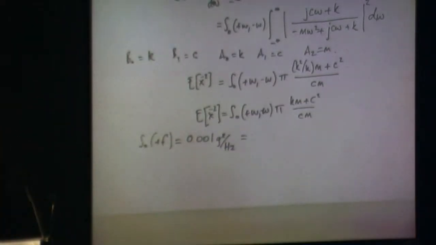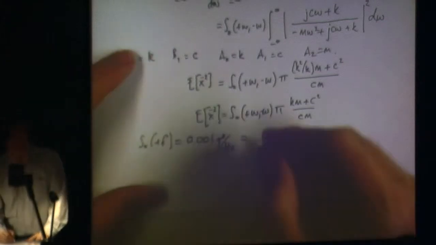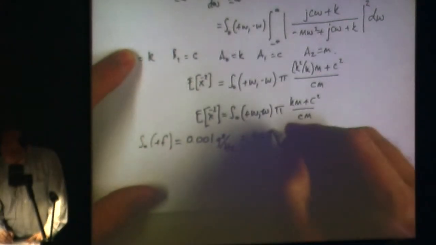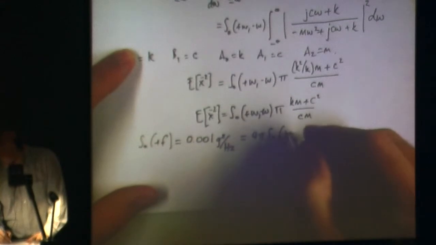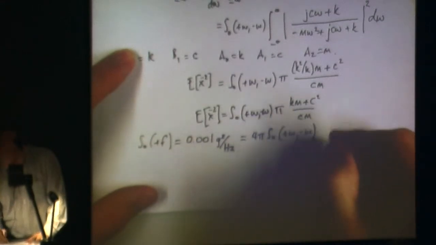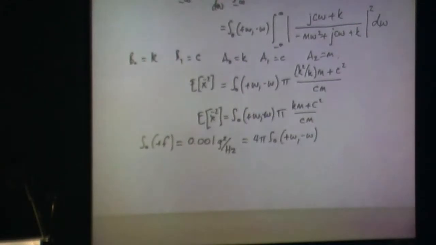So that's what we've been given in the question, S naught. It's 0.001 g squared per hertz, and that equals 4 pi S naught in terms of radians per second. So it's quite clear that